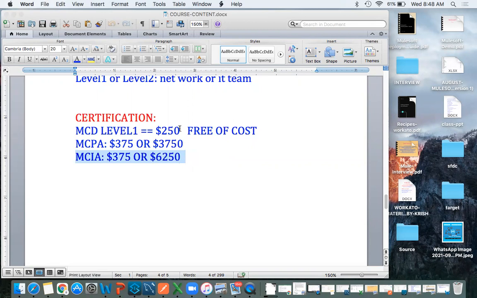Understood. Even if the employer requires you to work on it, they won't worry about the cost involved. They will pay. Or in some organizations, whatever the cost will be, you have to bear it and pay from your pocket. Once you clear the exam, if you share that certification with them, they can reimburse you that amount. Either way, it will happen.